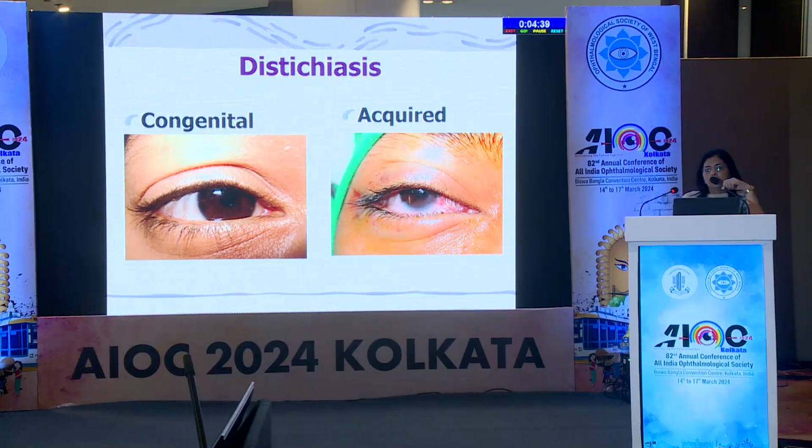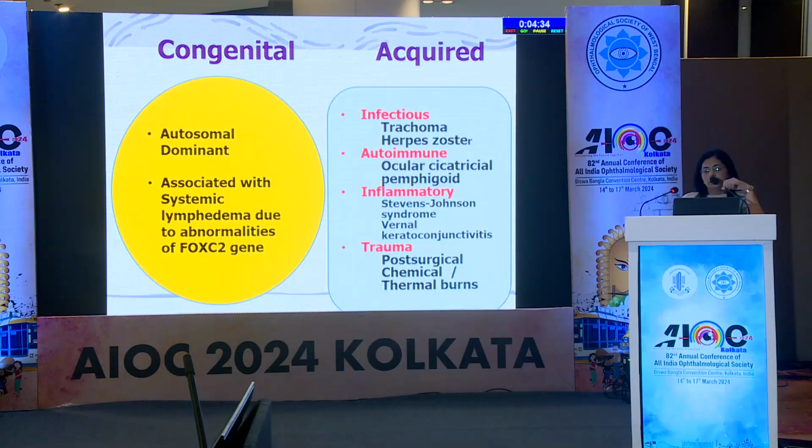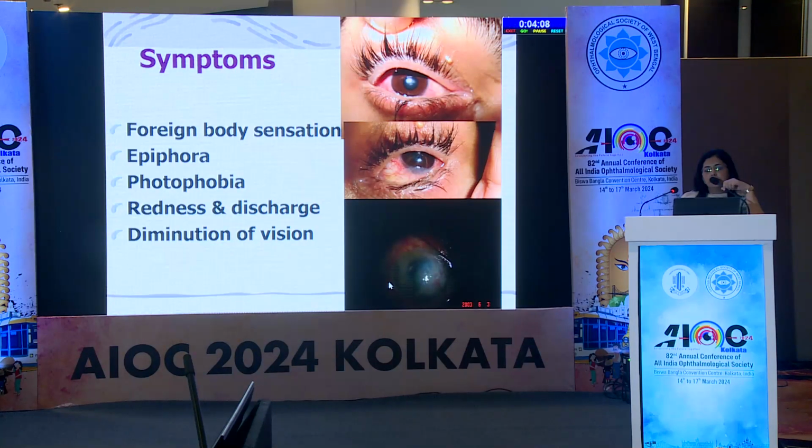So dystrichiasis can be congenital or acquired. However, trichiasis is mostly acquired in nature, and congenital dystrichiasis is most frequently inherited as an autosomal dominant condition, which is associated with systemic lymphedema due to abnormality of the FOXC2 gene. However, the acquired dystrichiasis or trichiasis can occur due to any inflammatory condition following infection, autoimmune disorder, or inflammatory causes. So all these patients present to us mainly with foreign body sensation, watering, photophobia, and if untreated can have